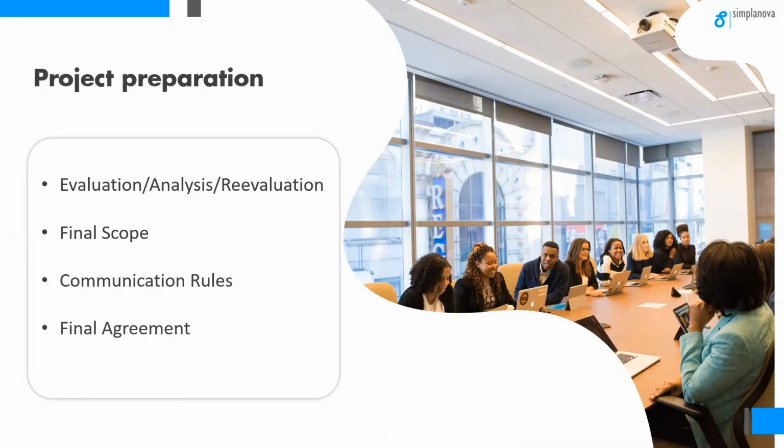Regarding Elbek Vejrup solution, everything was quite smooth in this case, because the solution itself was quite clean. There were not a lot of objects which were built for testing purposes or something. It was a clean, proper solution, so we didn't have any issues while doing the evaluation, and the process itself was really simple. We just needed to receive the FOB file as we received from Elbek Vejrup. We used our evaluation tools for that. We've done the evaluation. We were able to go through all the objects to see how much time it would take Simplanova to